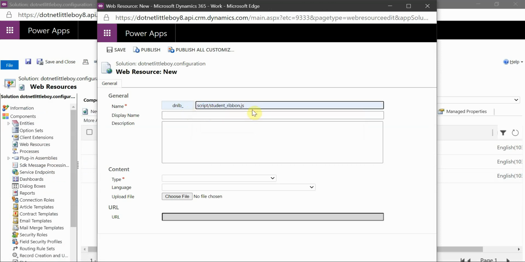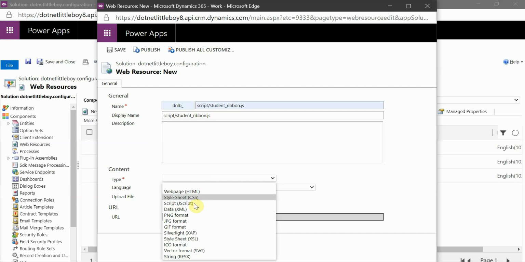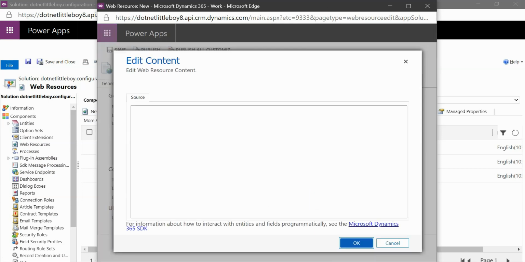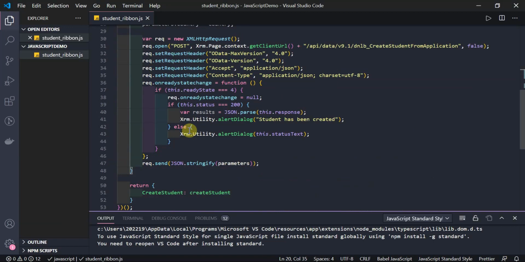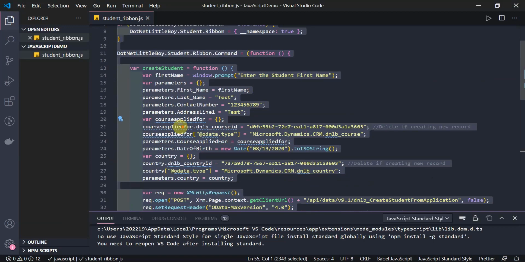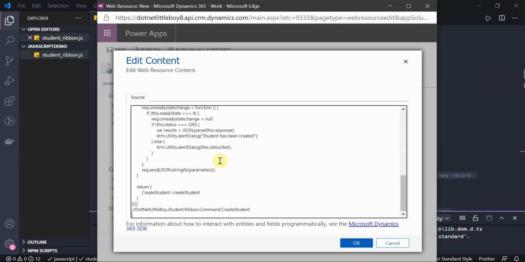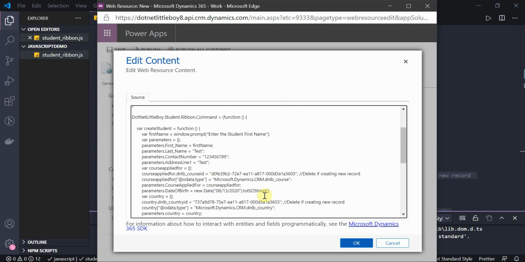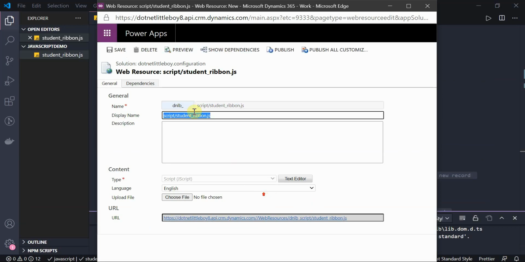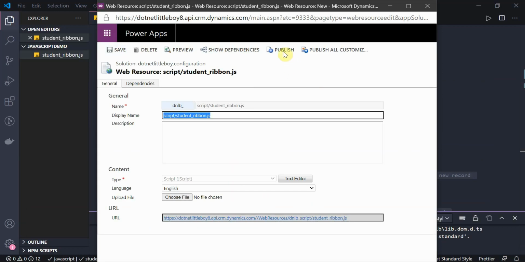Okay, and the same name I can give for the display name, and it will be JavaScript and English, and in the text editor I will write this piece of code. Okay, done. So let me save this. And publish.